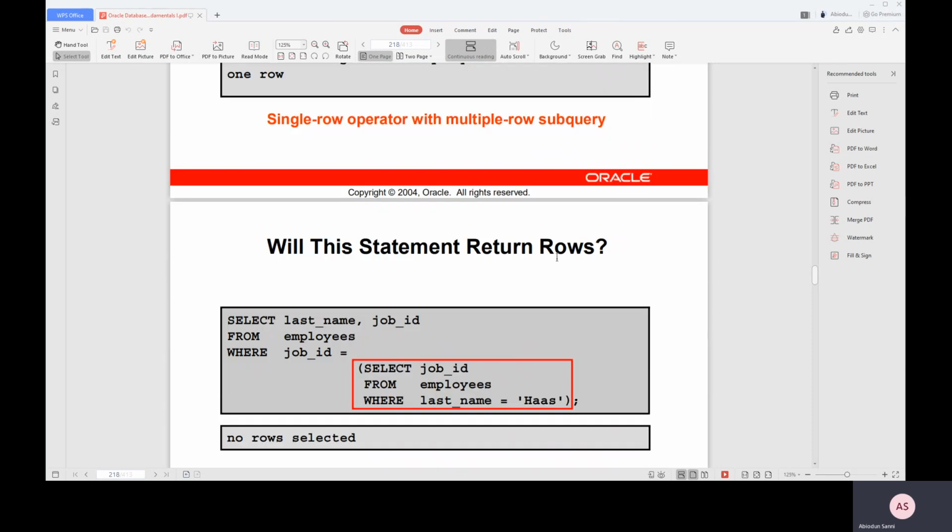With this statement, let's see the return rules. Select last name, job ID from employees where job ID is equal to this. Now it says select job ID from employees where last name is equal to Us. Now, it depends. You are saying where job ID is equal to select job ID from employees where last name is equal to Us. It depends. You are using a single row operator, but with this subquery,